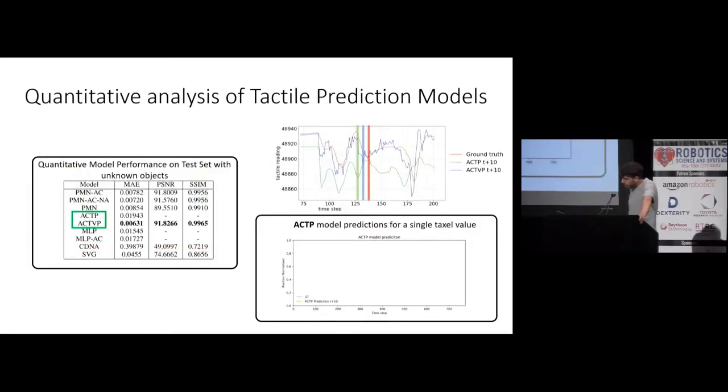So within the comparison study, we showed that our model ACT-VP, the video predictor, worked best with respect to standard performance measures, but what we found was that when we did qualitative observations of the plots, their predictions weren't very realistic, and we found that our linear-based models, ACTP, performed much better, with predictions that were both smoother and predicting tactile changes ahead of time, like you can see on the bottom here.